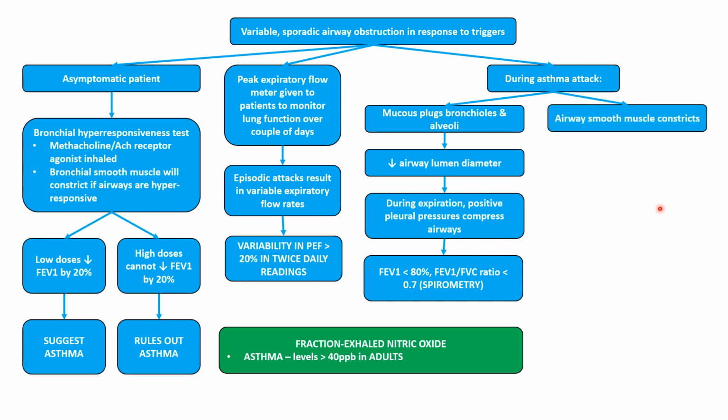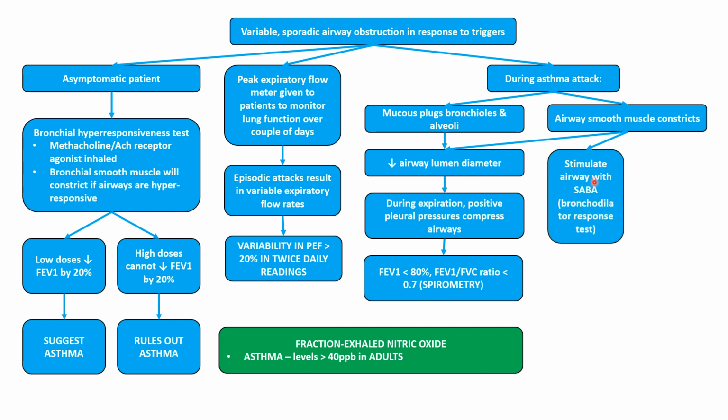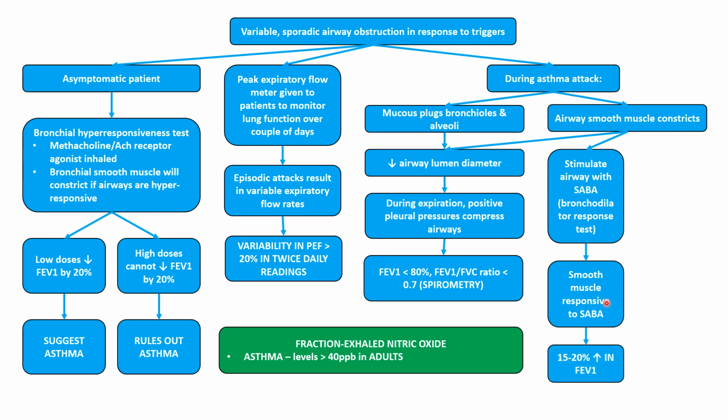Okay. And also during an attack, the airway smooth muscle constricts. This can also further contribute to the reduced airway lumen diameter. These are investigations when patients are symptomatic, in contrast to investigations when the patient's asymptomatic. So we can stimulate the airways with a SABA, a short-acting beta agonist, such as salbutamol, which is known as a bronchodilator response test. So we're going to have smooth muscle being responsive to the salbutamol, the SABA, and